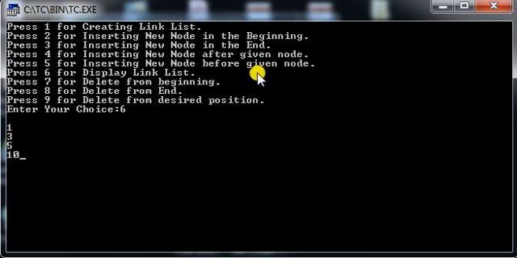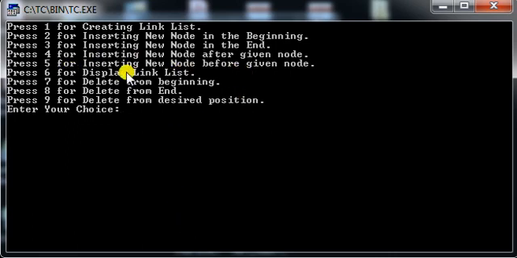Similarly, I would like to insert a new node before the given node. Let's say I would like to insert a new node before the 4th node. That means before the 10, right? So 10 is available at 4th position, so my new element should be added to the 4th position. Let's say I am inserting 9 before the 4th position.